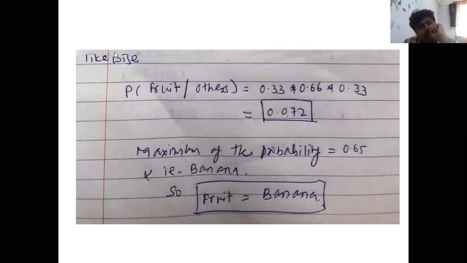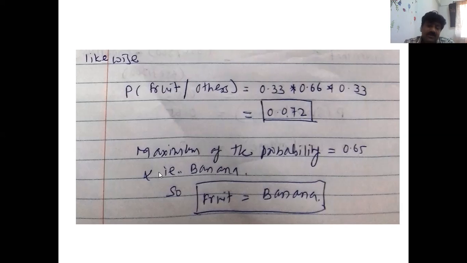Likewise, next is the rest of the fruit, and we term all of that the other category. So the probability of fruit given that the fruit is the other one comes to 0.072. This will be yellow with respect to other, this will be sweet with respect to others, this will be long with respect to the other, and the result will come 0.072, right?